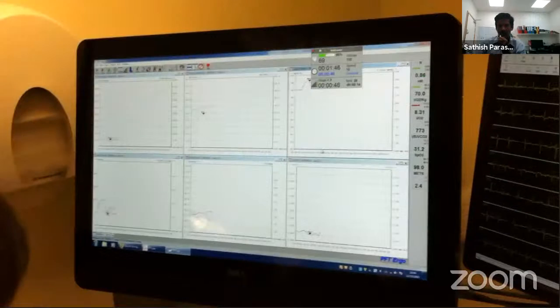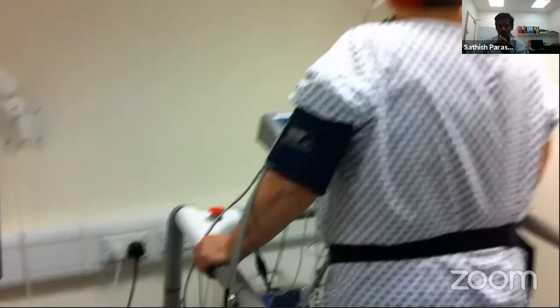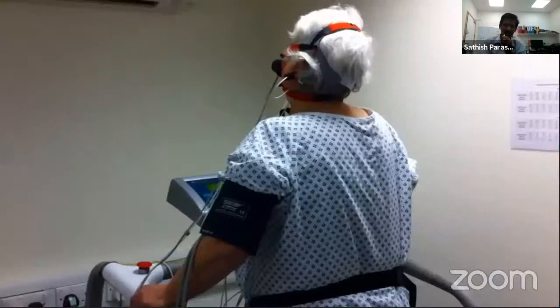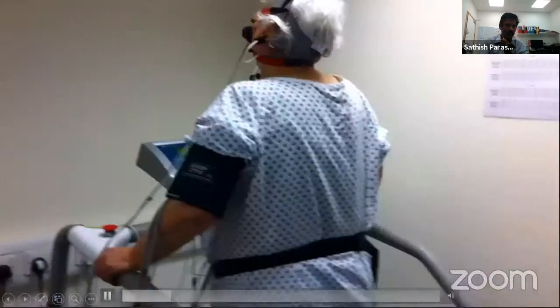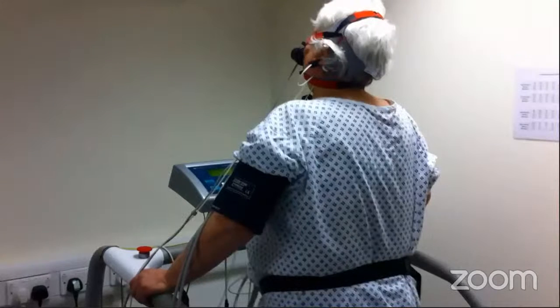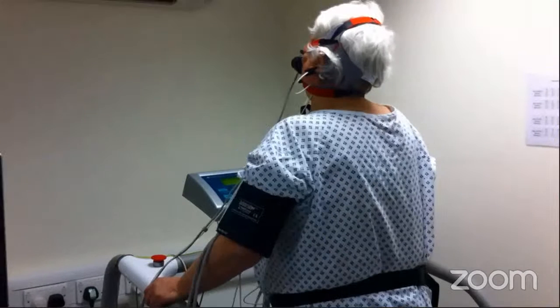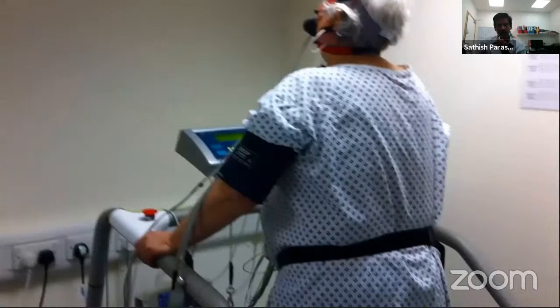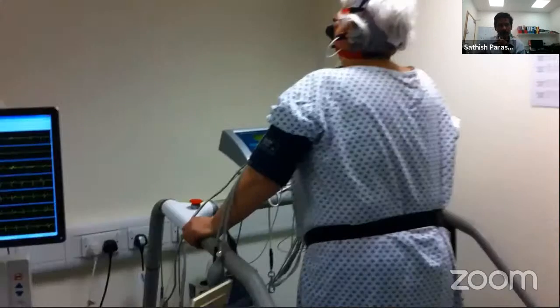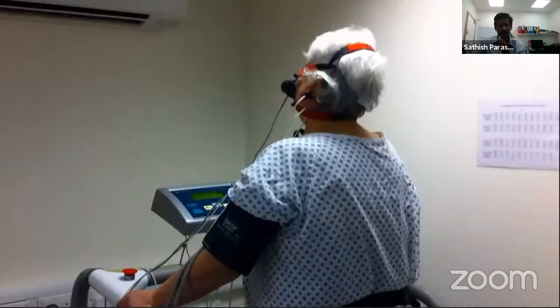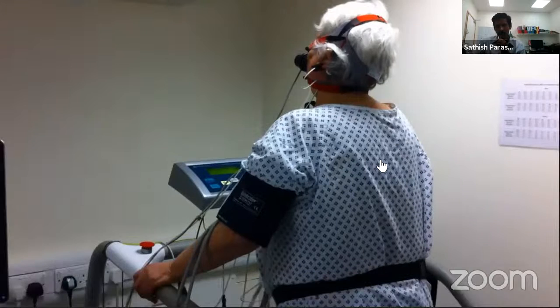Two screens instead of one, of course, one for the ECG and one for the gas exchange. The initial couple of minutes we do is called the warm-up. When we start the exercise, there is that expectation, that anxiety, which increases the heart rate and the respiratory rate in preparation for the exercise. We want them to settle down, and